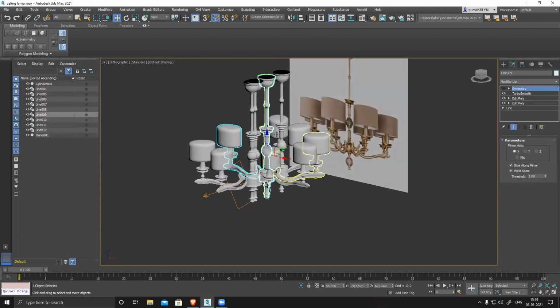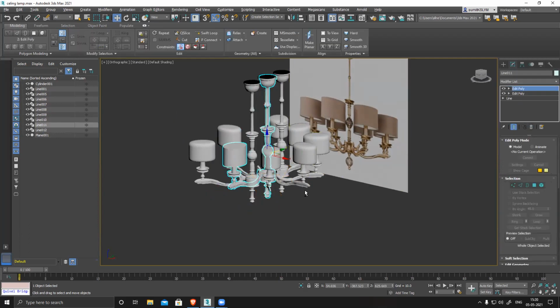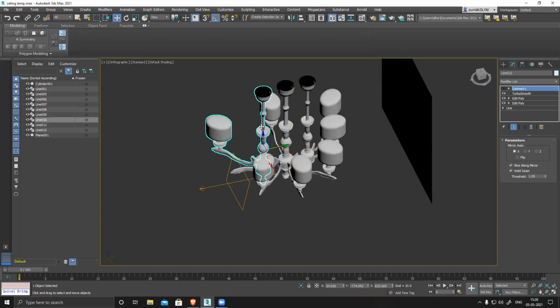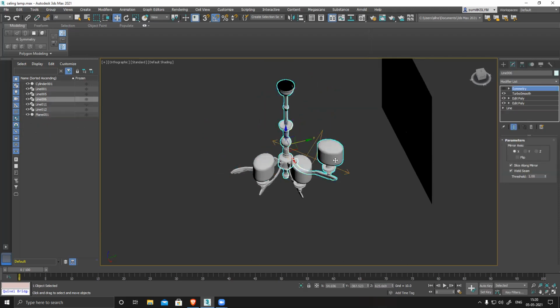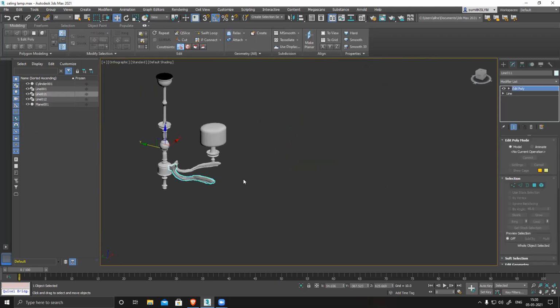So what you have to do with the center part: you're not supposed to attach this. This is the center, holding all the lamps. It's only one section, one model. The rest of the lamps are repeating and rotating. So let's see, delete Turbosmooth, delete this, and delete Edit Mesh also. Let me delete all of them.